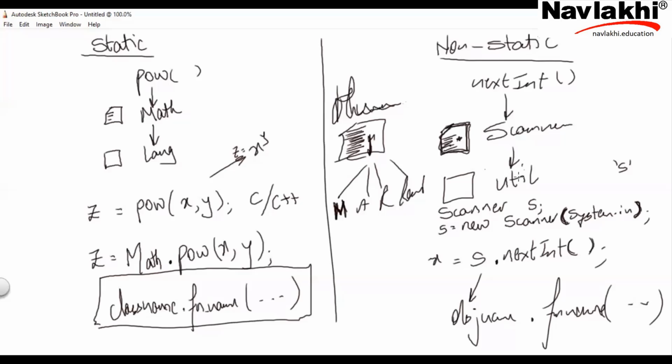Constructor is always a function of the same name as a class. It may not have parameters. As I said, it depends on the creator. That's what I was meaning. A person who wrote the function scanner in the class scanner must have written it with or without parameters. So that you have to study in due course of time. If there are parameters, it's called a parameterized constructor. If it had no arguments, it's a default constructor. So default constructor is one with no arguments, and parameterized constructor is one with arguments.